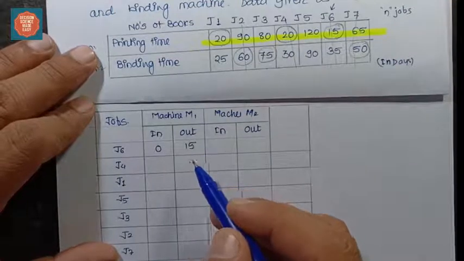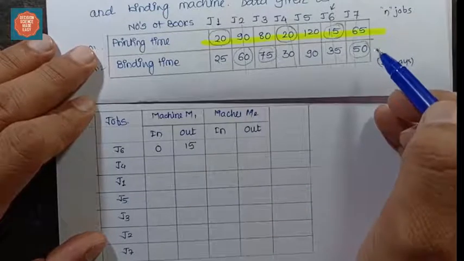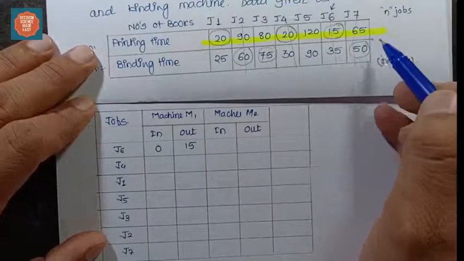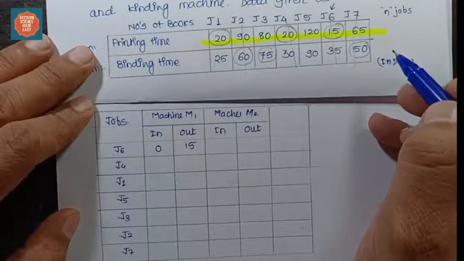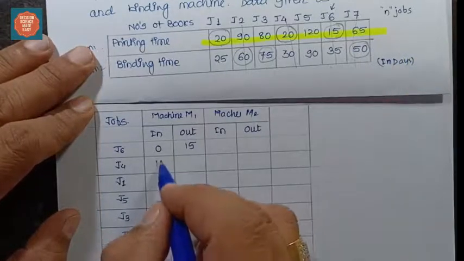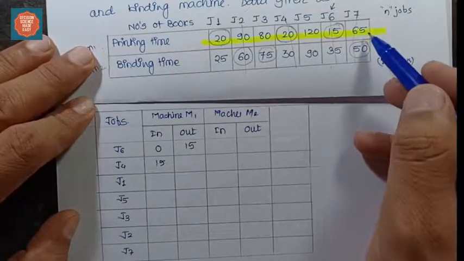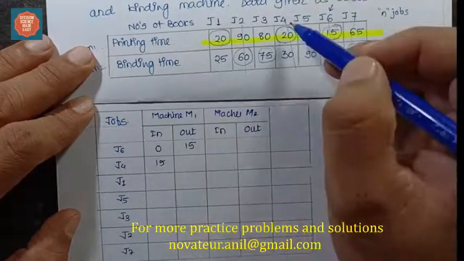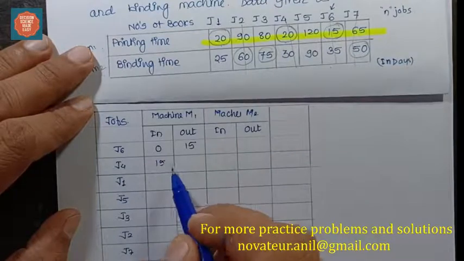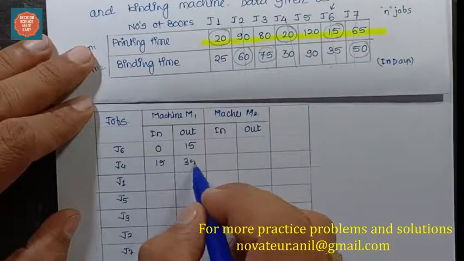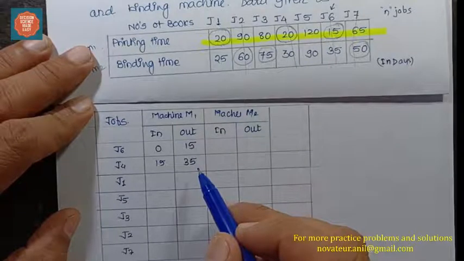Now what is the rule? The rule is that here the conditions are very ideal, and the moment the first job is finished, the next job is immediately started. So this is one of the pre-assumptions for this kind of problem. So the next job will be immediately taken when the first job ends. So J4, to complete J4 we need 20 days. So 15 plus 20 is nothing but 35. So J4 job will be finished at 35 days.